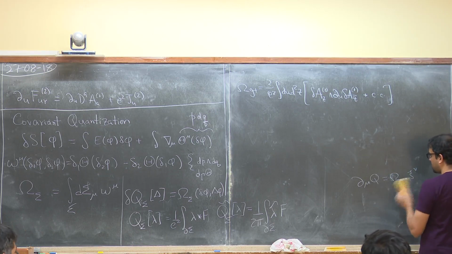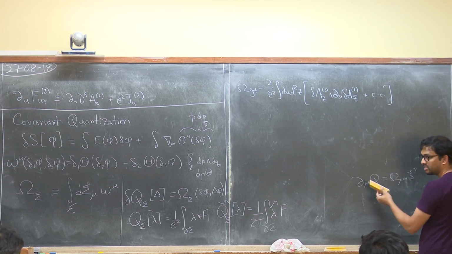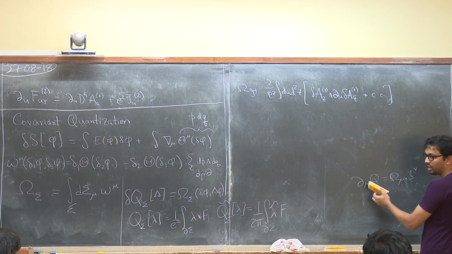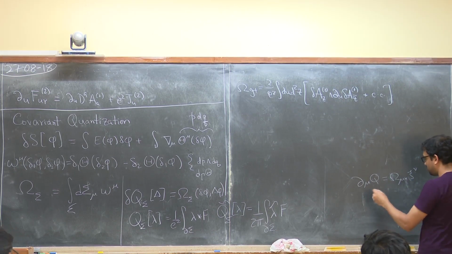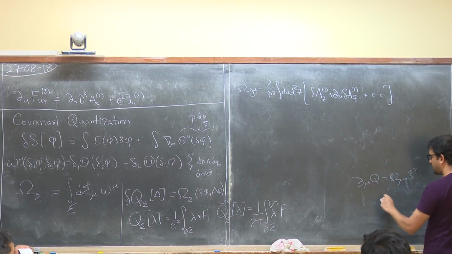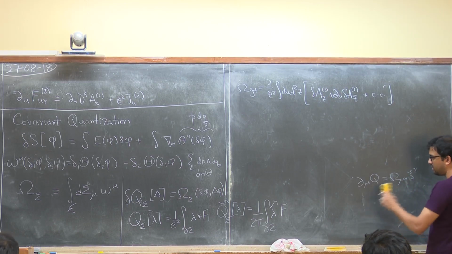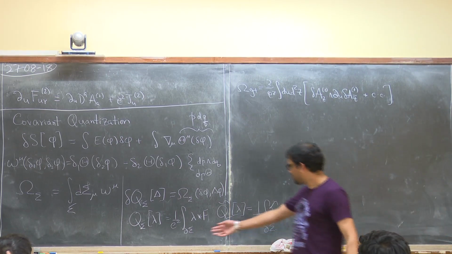So anyway, if I give you Q, of course you can always derive psi because I can invert this. But if I give you psi, you cannot always necessarily derive a Q, because there may not be a function. Exactly, that's unintegrable. So that's the statement here, and it turns out in the case of gauge theories, it is integrable. This should not probably surprise you.